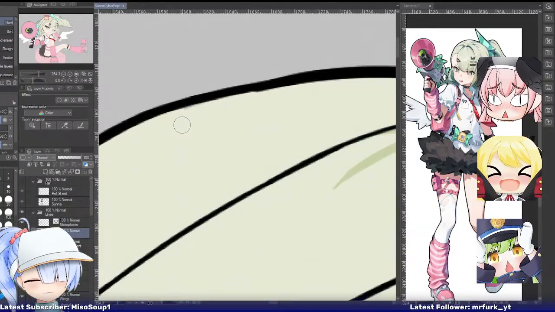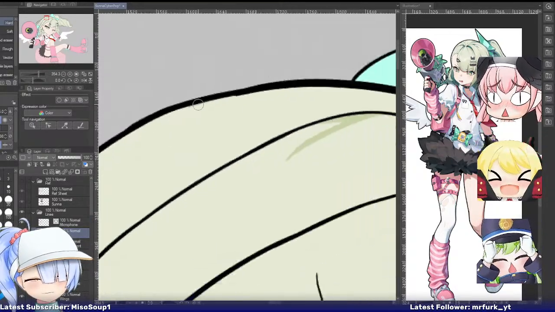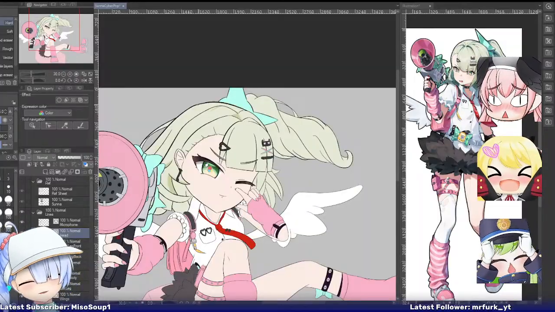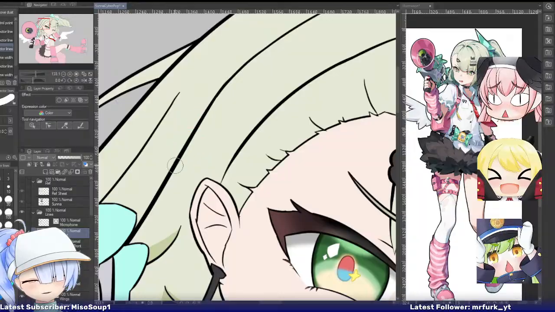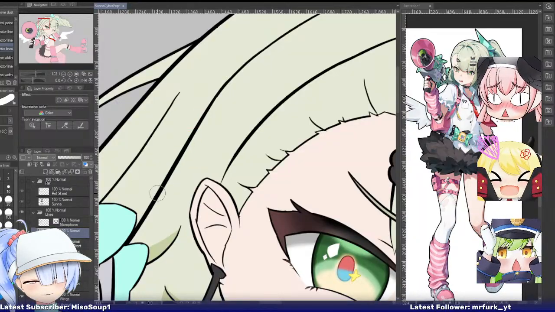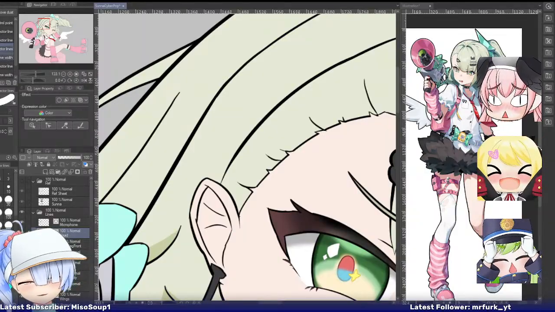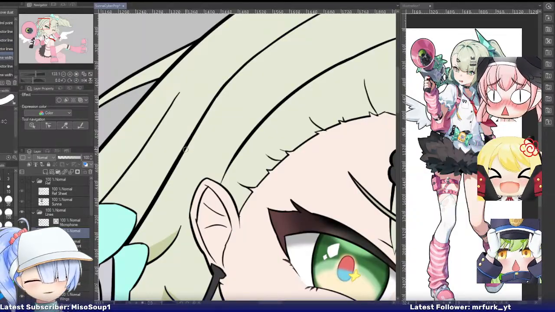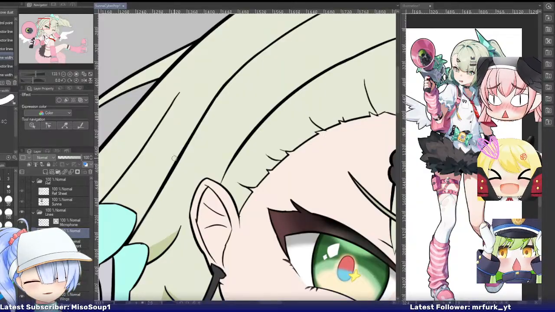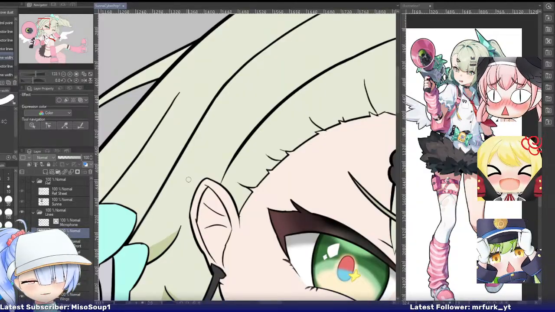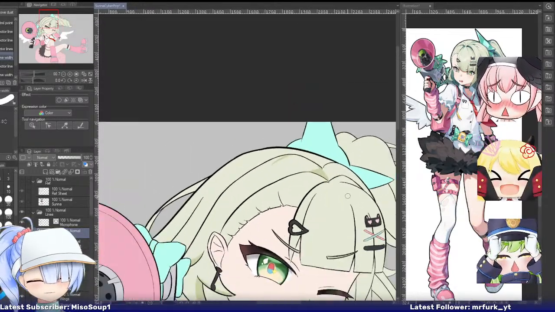A lot of these lines were drawn in before I changed the resolutions, but the lines are kind of huge. The outline, so it really doesn't matter that much. Maybe I want to thin down this line actually in here a little bit. Oh wait, that's not. Break that down a little bit. The outline is fine, even if it's a bit big, but